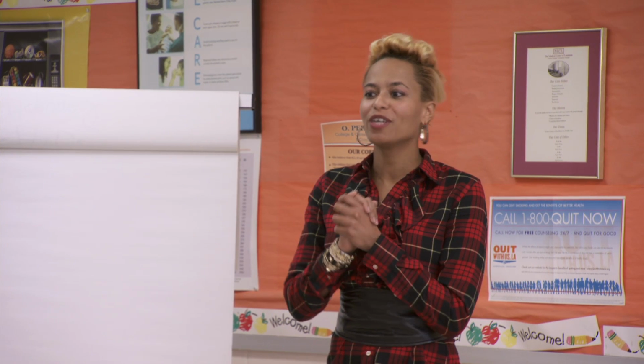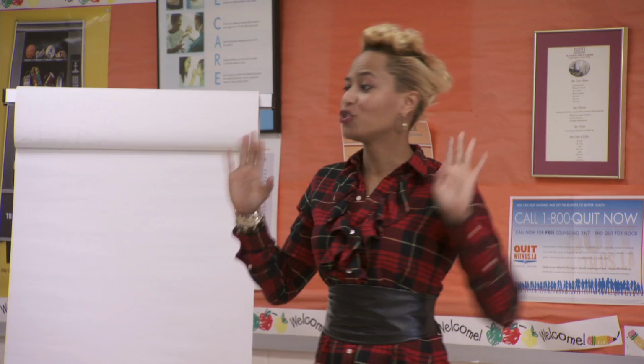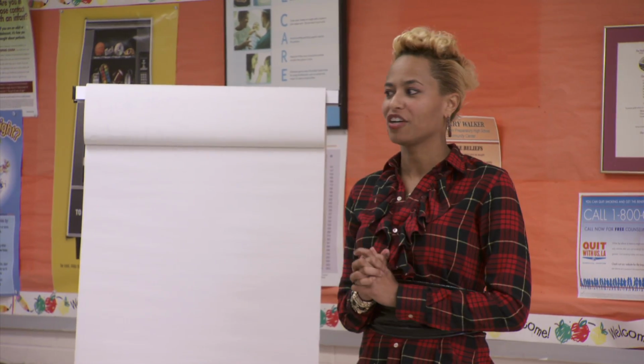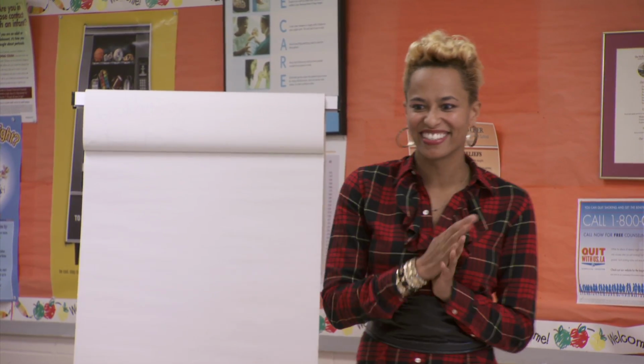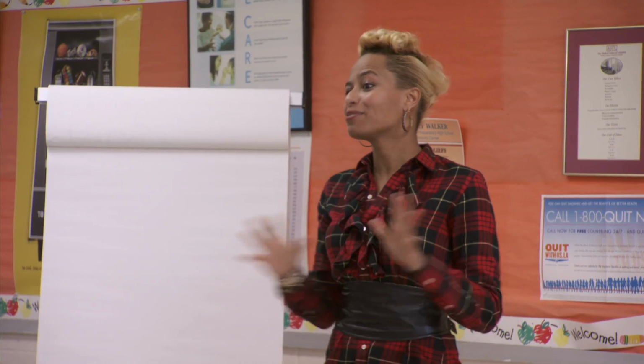What is the only way that you can 100% make sure that you do not contract HIV? Yes? Abstinence. Very good. Abstinence, or not having sex with another person. That's the only way that you can 100% make sure that you do not contract HIV. If you are having sex, what's the best way to make sure that you don't contract the virus? Rubbers, of course. Okay. All right, great. Well, yes, condoms, latex condoms with water-based lubricant.